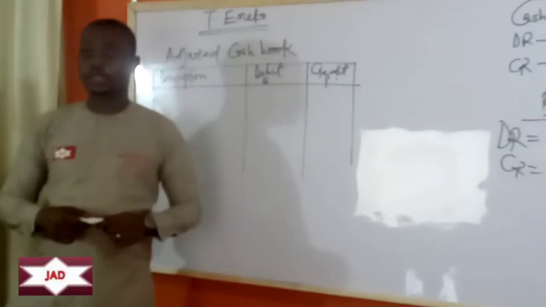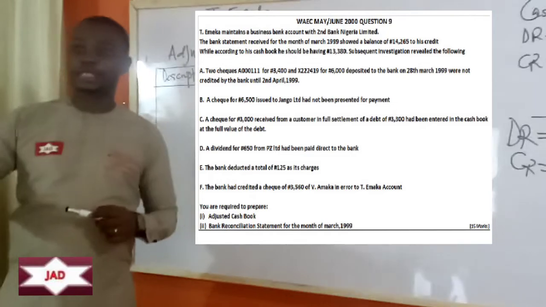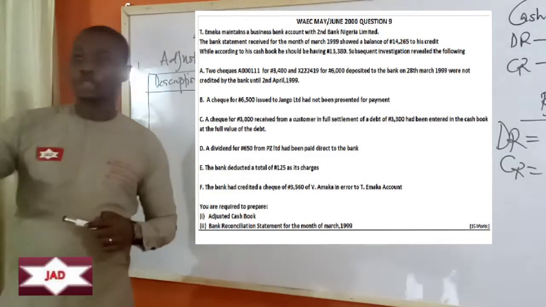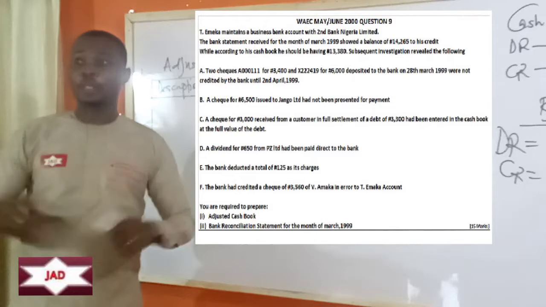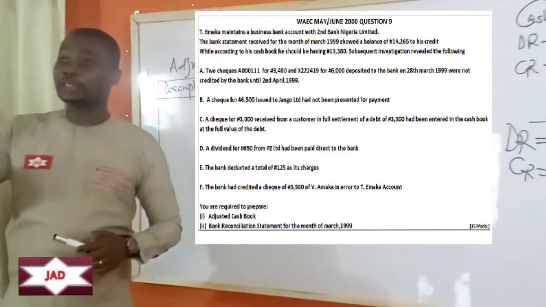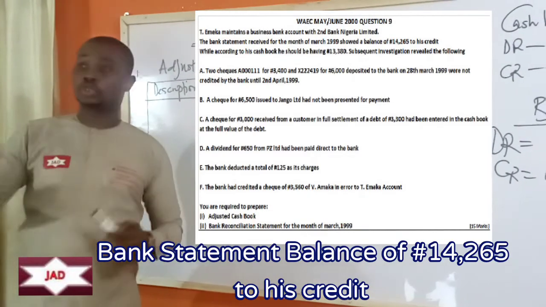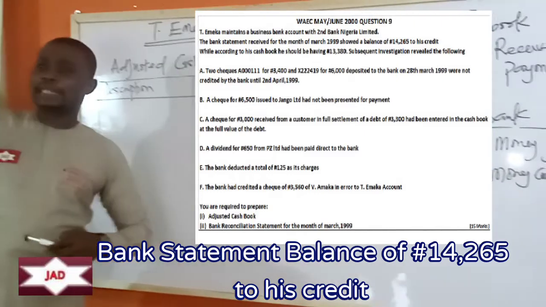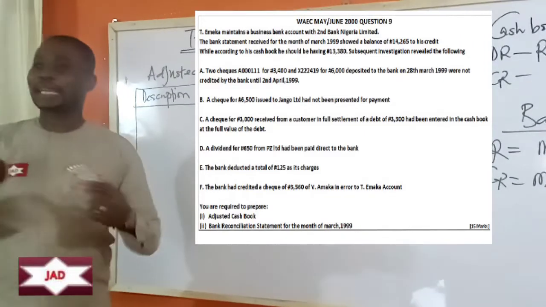So the question is saying what? T. Emeka maintains a business bank account with Second Bank Nigeria Limited. The bank statement received for the month of March 1999, the reconciliation period, showed a balance of 14,265. That means the bank statement is showing a credit balance of 14,265, while the cash book of T. Emeka is showing what they call